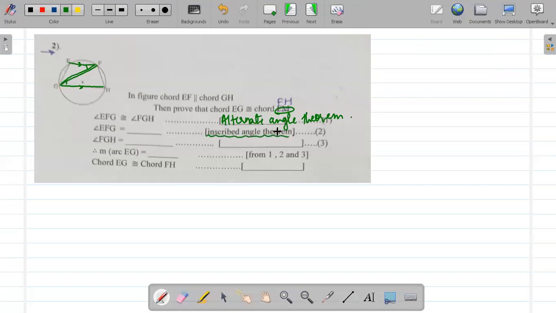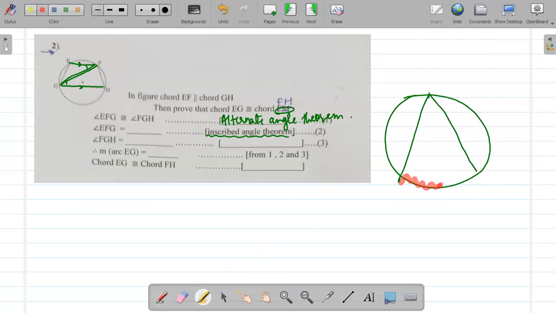Now, what is inscribed angle theorem? So it states that for any circle, if we consider an arc, let's say this arc. So this arc is actually twice of this angle. This is the inscribed angle, and it is equal to the central angle. So the central angle will be equal to this one. Let's say this is 100. So this will be 100, but this angle will be half of it. That is, this will be 50.